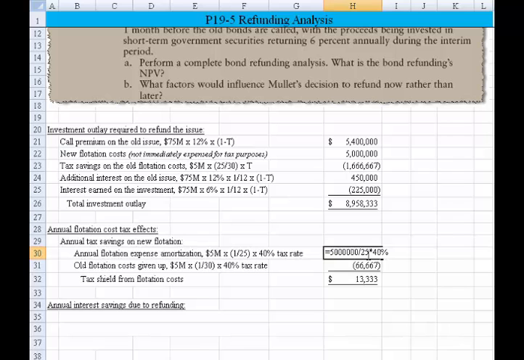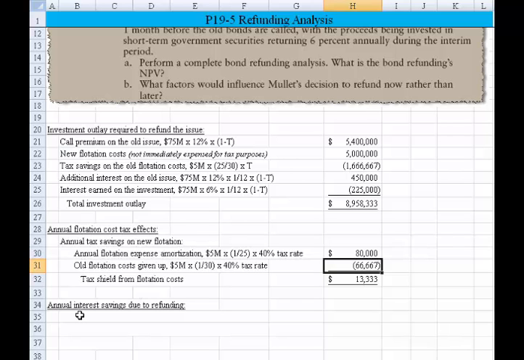So the 5 million cost divided by 25 times 40% gets us $80,000 of flotation expense, and that's an annual tax savings because we're getting a tax shield on it. But we also are giving up the old flotation cost, which was 5 million. I'll hit the F2. 5 million times 1/30, it was a 30-year bond issue, times 40%. So we give up about $67,000. So the net effect is we've got a positive tax shield on the flotation cost differential between the old bond